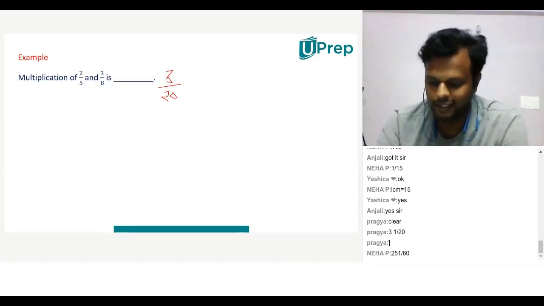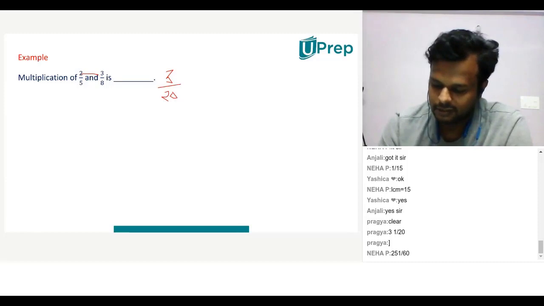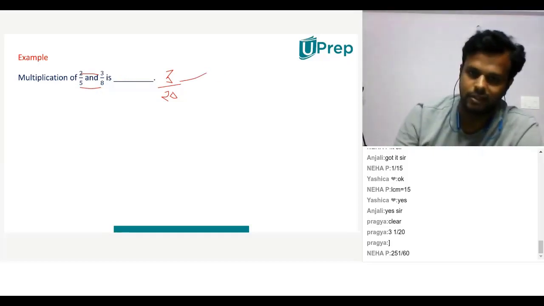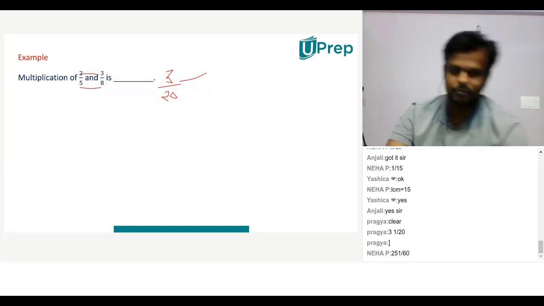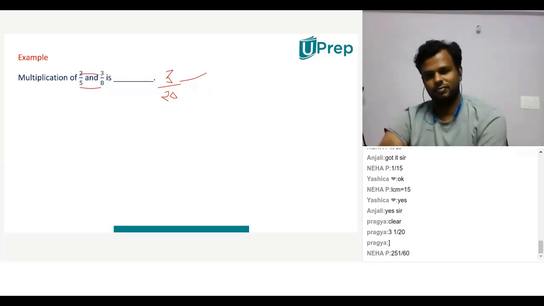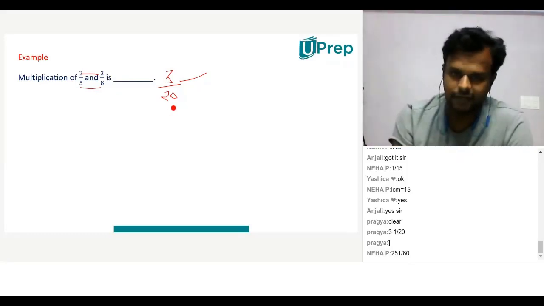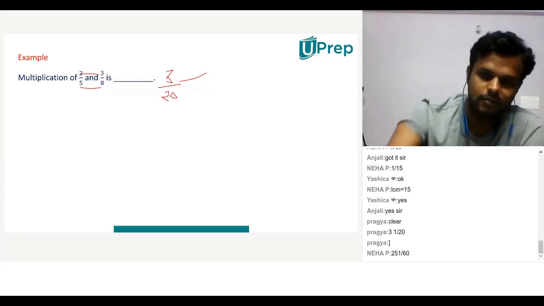You just need to multiply it. So 2 into 3 is 6 and 5 into 8 is 40. So 6 by 40, if you simplify it, you get 3 by 20. Okay, children? Sir, if we write 6 by 40 itself, is the answer correct then? You have to put it in the simplest form, Neha. Otherwise, the answer is incomplete. See, if I have 3 by 20, can I simplify it further? No, isn't it? So I'll stop my answer here.